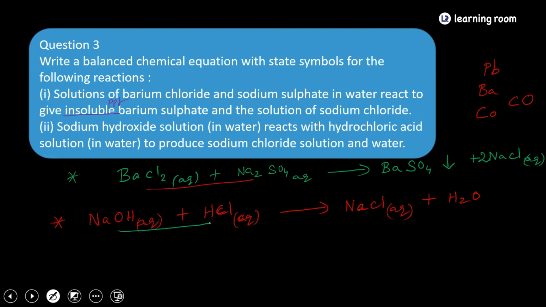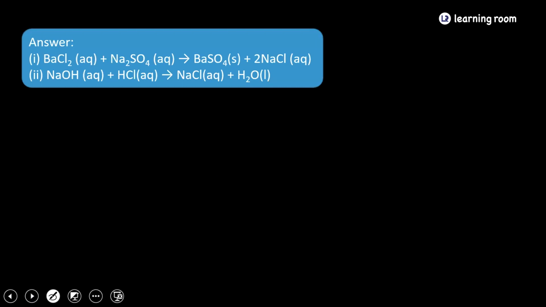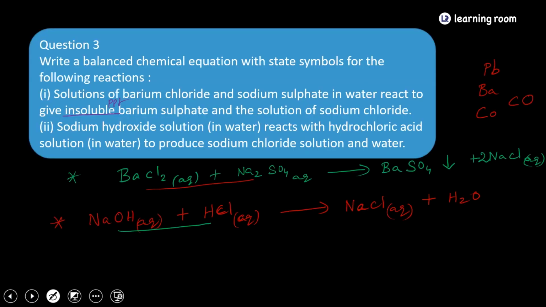Okay. Shall we move further? So this is the equation. What they mention here, they will say it is a liquid. You need not mention that water is a liquid, we know that. But in a chemical equation, if you are using ice, it will be H2O(s). H2O(s) means solid. H2O vapor means steam. That's why they mention liquid.